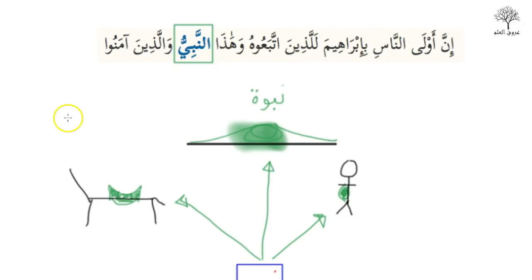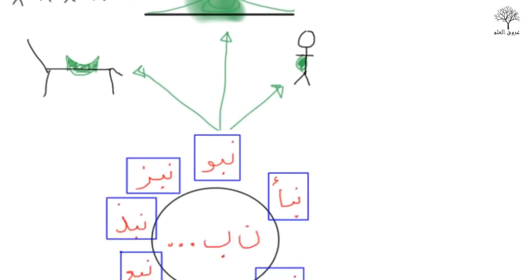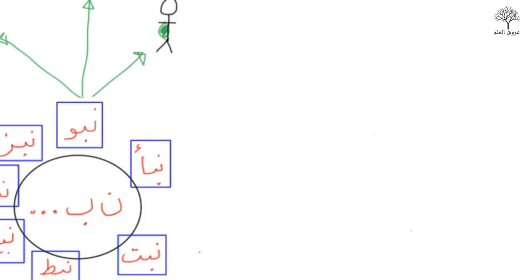So let's just jot some things down. For example, let's draw an image here. Let's say there's people there, and there's a nabi. So the nabi would be higher than everyone else, in status, in ability, in intellect, in so many different ways. Yeah, the nabi would obviously be higher and more distinct than everyone else. Okay, so that's one word done.